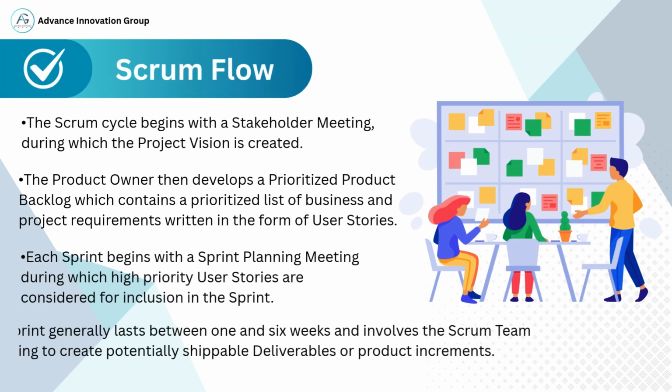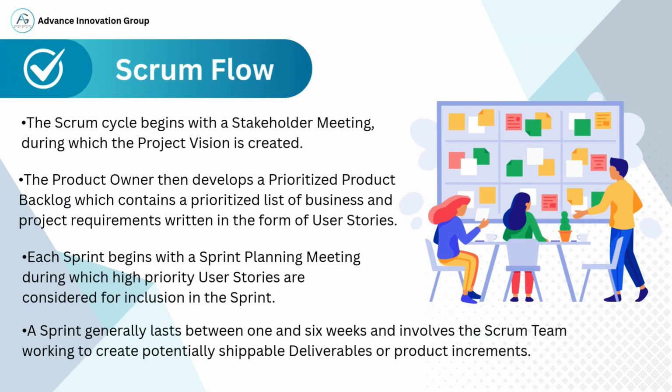Let's understand how the Scrum cycle flows from start to finish. The process begins with a stakeholder meeting where the project vision is defined. This vision gives direction and purpose to the entire project. Once the vision is established, the product owner prepares the prioritized product backlog. This backlog includes all the key business and project requirements, written in the form of user stories. Each user story represents a specific feature or functionality from the